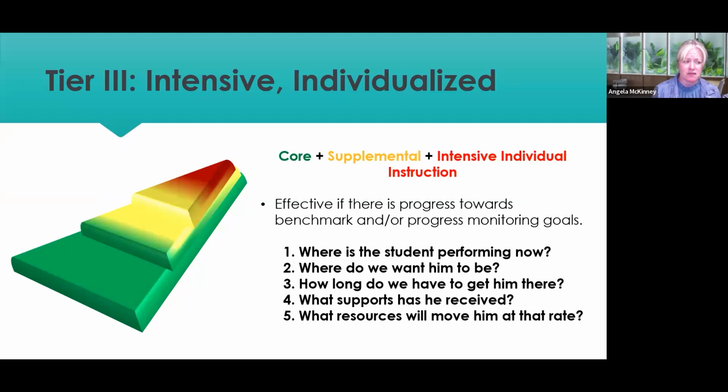It might be more effective then. So as we start to individualize, we can individualize and intensify by giving it more minutes, more frequency, more customized aspects to that intervention, changing the setup, changing the environment of it. We can also intensify by increasing the expertise of the person who's delivering that intervention.